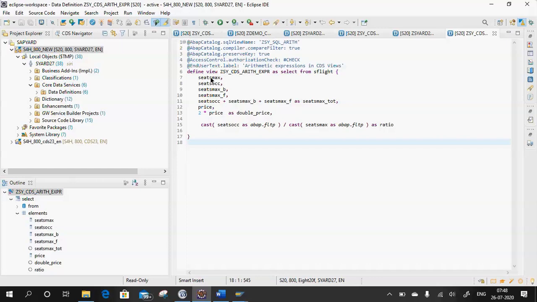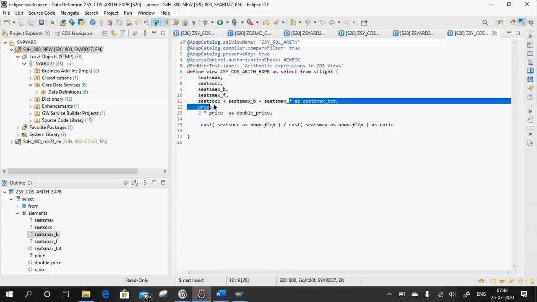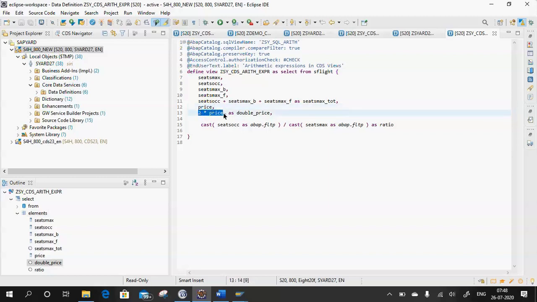So suppose when I am selecting one element as seats max, seats occupied, seats maximum business class and seats maximum F class, then suppose if I want to add seats occupied, maximum business and maximum of the F, I can add these three in this way and get a calculated column as my output, and I've given the alias name as this. Similarly, suppose if I want to multiply the value of any column, in the same way I can multiply and get the outputted column in terms of the multiplication value. So suppose if I show you the output of the CDS view, then